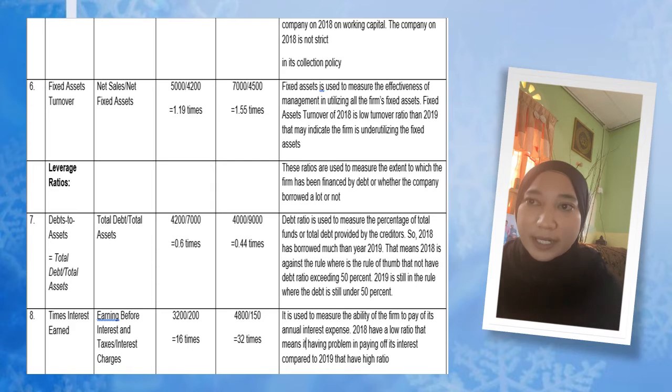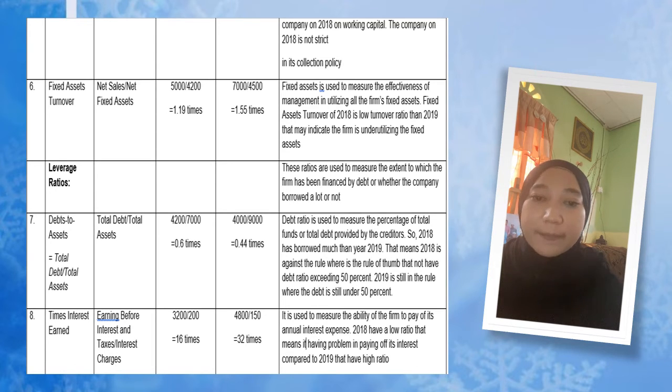Or we can say, 2018 is 60%. That means it exceeds the rule of not borrowing more than 50%. So 2019 is still under the rule. Okay, the second one is